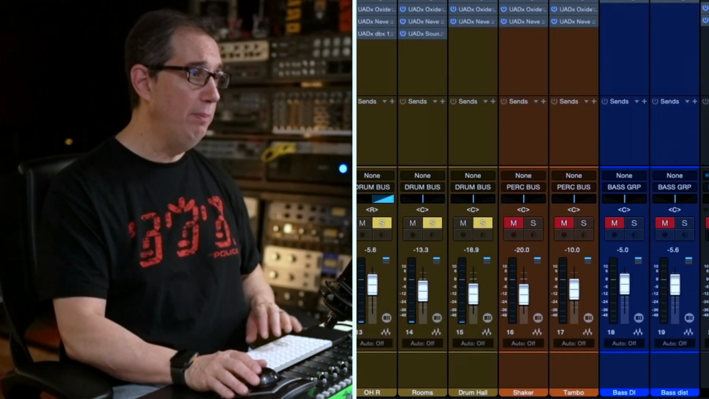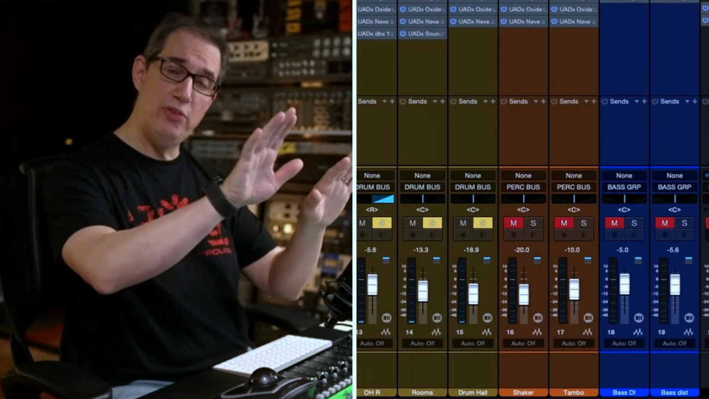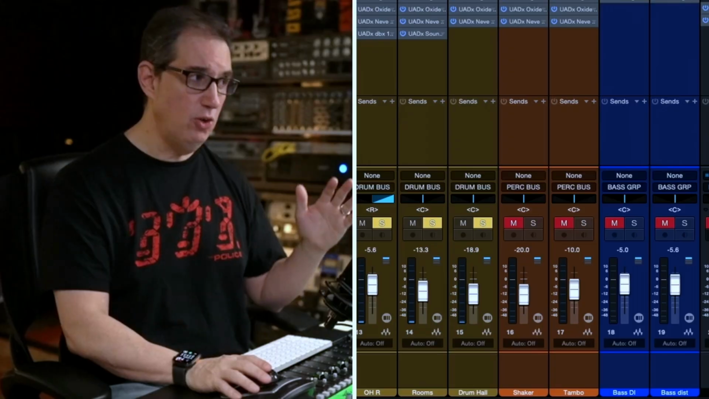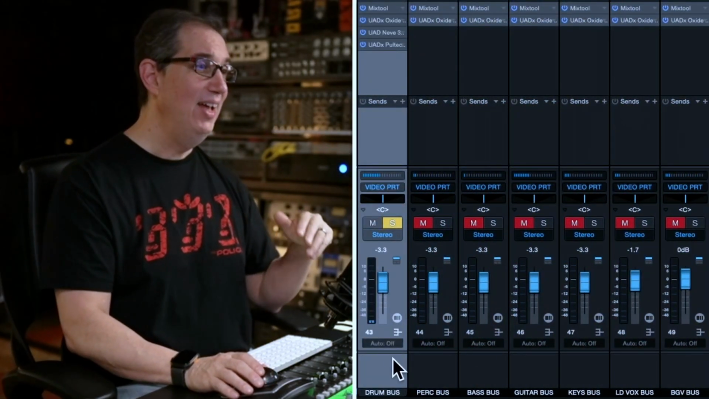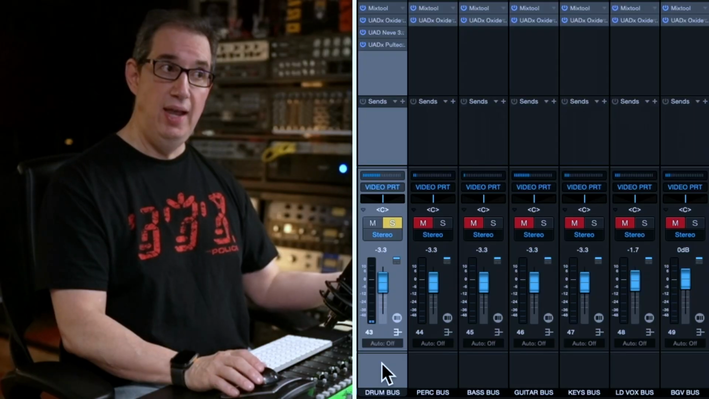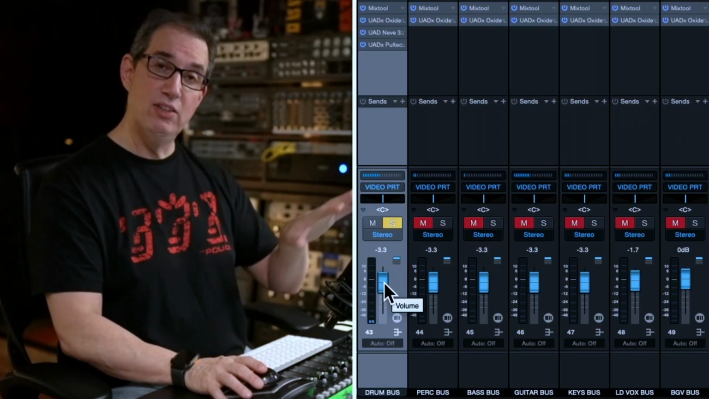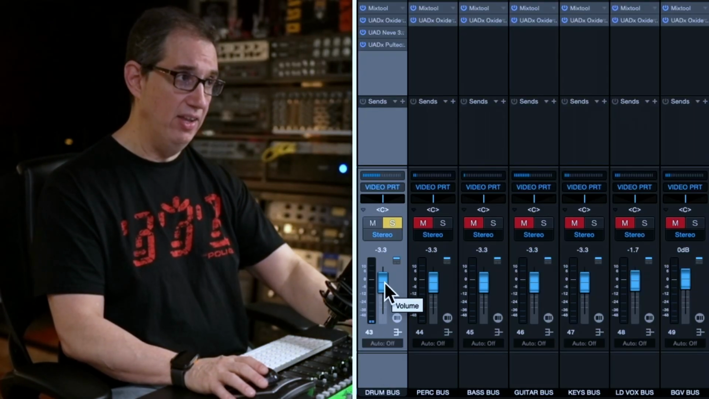All down here in brown. We balanced the drums. We got the mix between all the different drum kit elements the way we like, right? We've done all our processing on those individual tracks. Now we're down to a drum bus. And we can control the volume of the entire drum set with one fader, such as